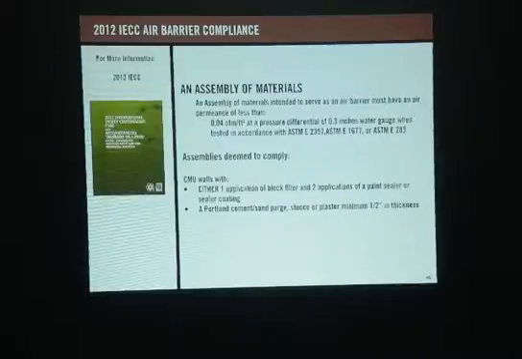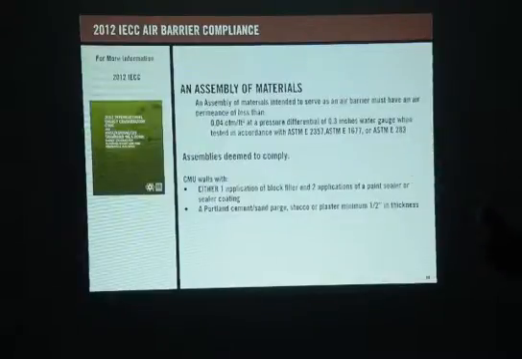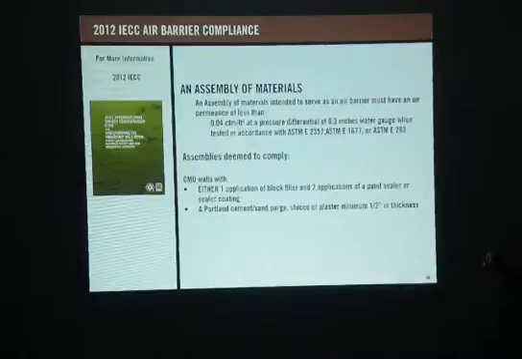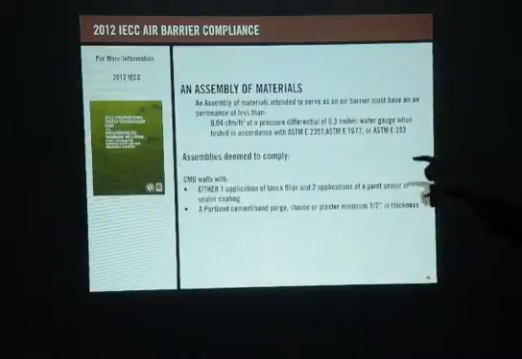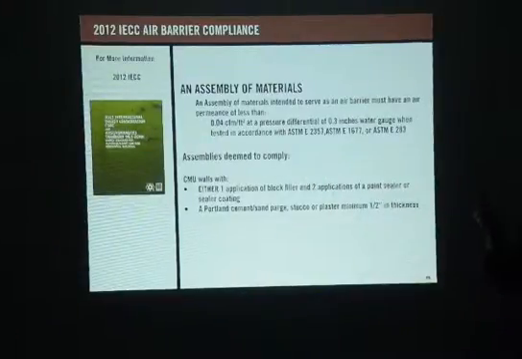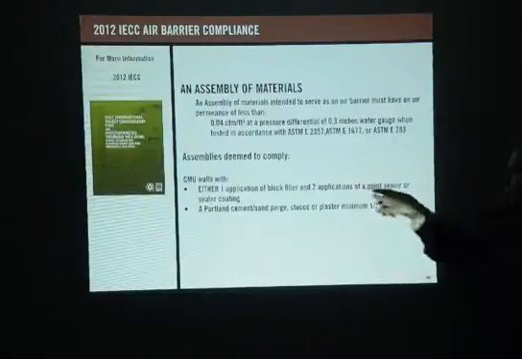Okay, now we'll look at the second one. The assembly of materials intended to serve as an air barrier must have a permeance of less than 0.04 of a cubic foot per square foot at a pressure differential. And there's 3 different ASTM listings that it complies to, okay? Now, the assemblies deemed to comply, CMU walls with either 1 application of block filler and 2 applications of paint